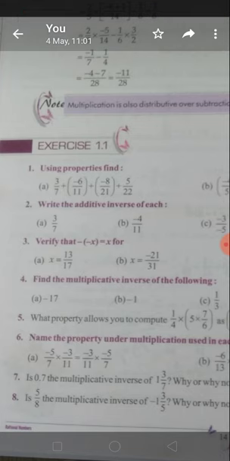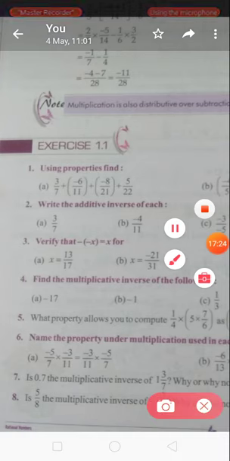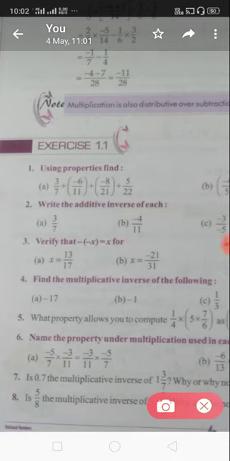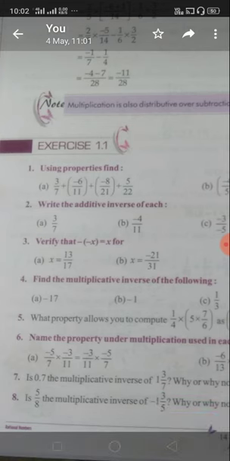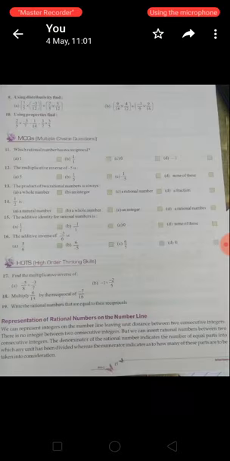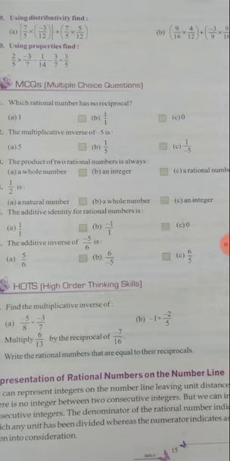Now the next one, question number 8: is 5 by 8 the multiplicative inverse of this? We will check it, but you will do it yourself. But I am telling you the answer you will get is no. Why no? Because when you multiply, you will get negative 1, and negative 1 is not your identity. Only positive 1 is your multiplicative identity in case of multiplication. So here you write that the product is minus 1, that's why we will not get the product 1, so its multiplicative inverse does not exist here. Okay, now the ninth question: using the distributive property, find this.